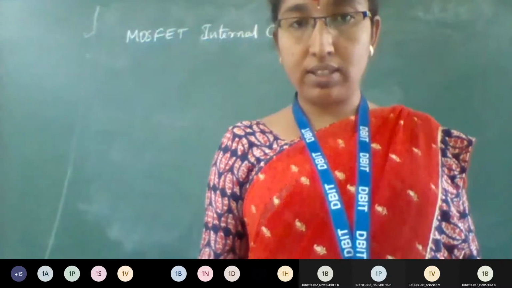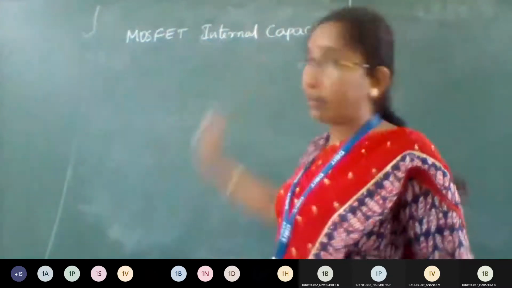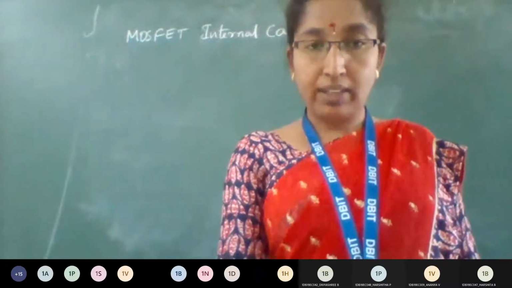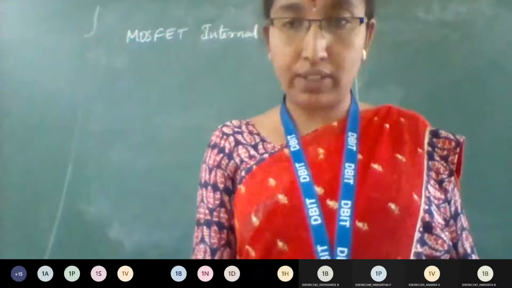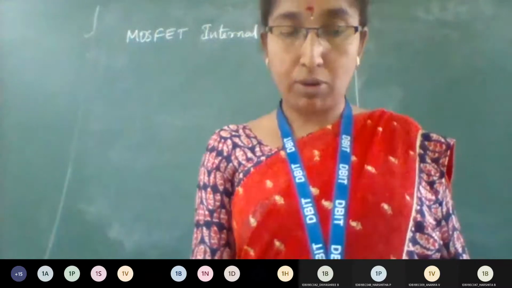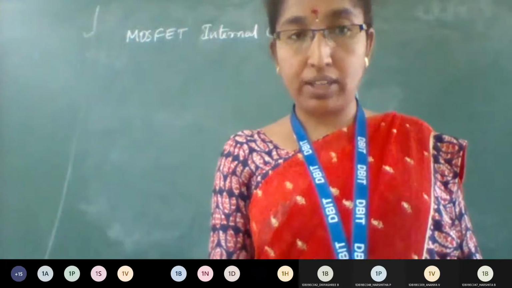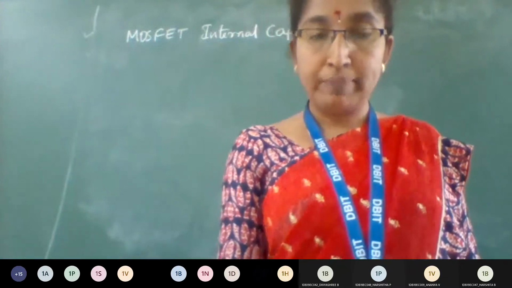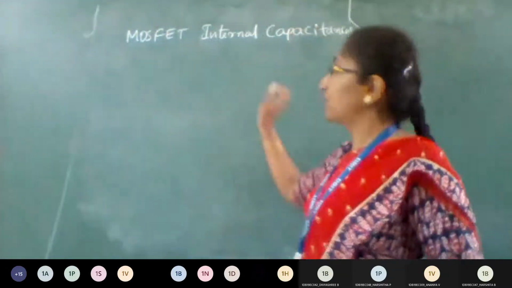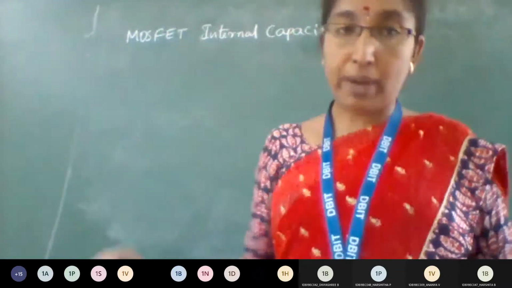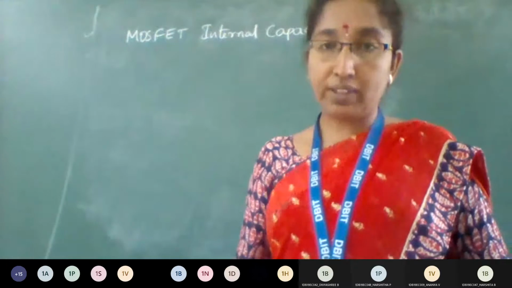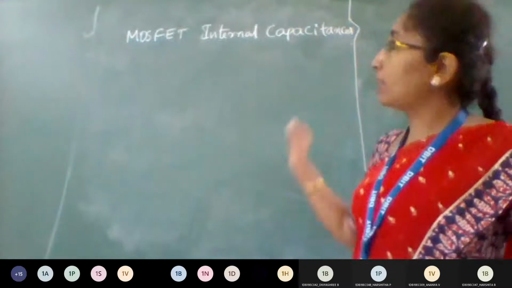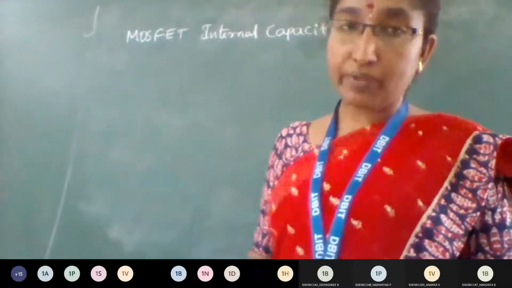In this topic, we are going to study the internal capacitances and how to find the capacitance between the junctions, and then how to handle the high frequency model and low frequency model. Later we are going to study oscillators. That is the second half of module 2. Today we'll discuss internal capacitances. As I told you, these parasitic capacitances limit the bandwidth of an amplifier.